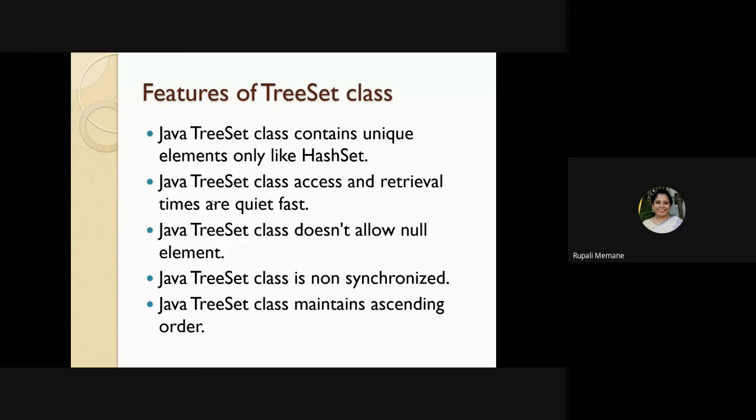So when you are working on a particular collection or a set, when I say it is non-synchronized, that means totally two different threads are working and they have no correlation between each other. They can work parallelly, right? Or they can work collectively. But when I have to correlate them, when there is interconnection between them, then I say it is synchronized. So Vector, I said, is synchronized. TreeSet is non-synchronized, right? So this is a simple term.